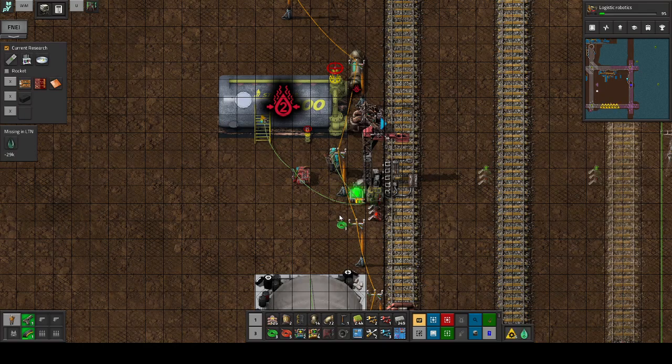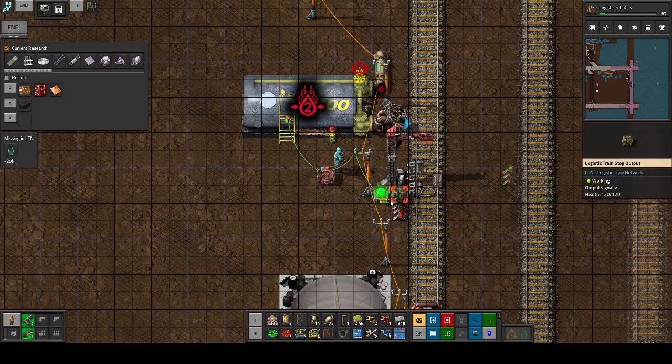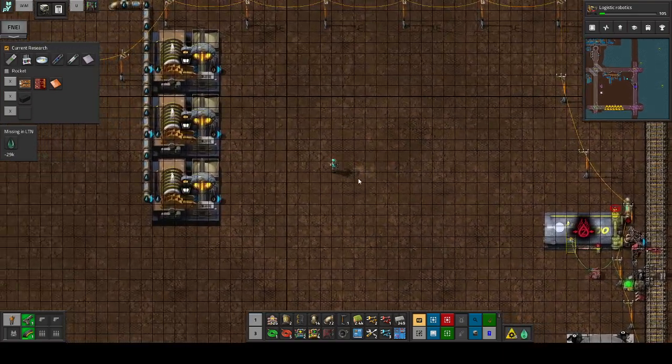And then you can clean up this mess a little bit because you don't need the cables to go everywhere. So now it's going in a more direct line. Awesome. Now that that's also out of the way,